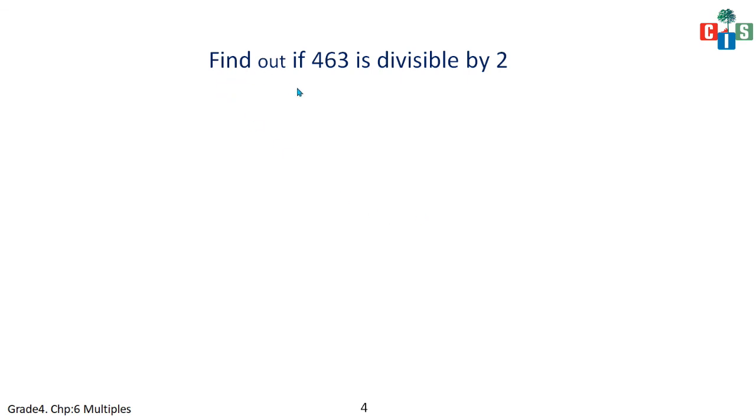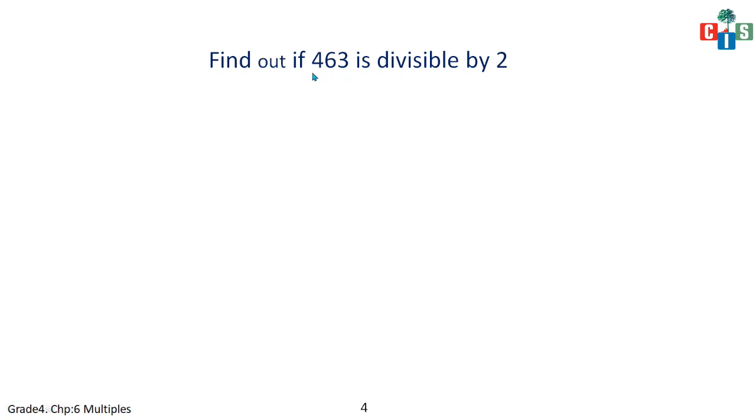If you want to find whether a number is divisible by 2 or not, what do you do? You remember? Yes, you have to see that the unit digit in the number should be an even number because it should be divisible by 2. Yes, see the unit digit. Here it's 3. It should be an even number, that means 0, 2, 4, 6, 8. Yes, it should be that in the units place.